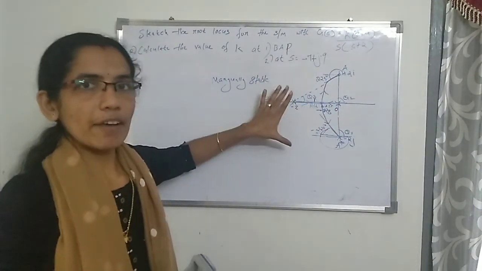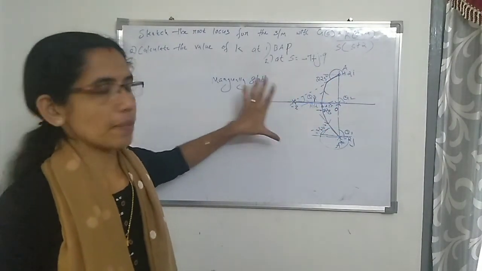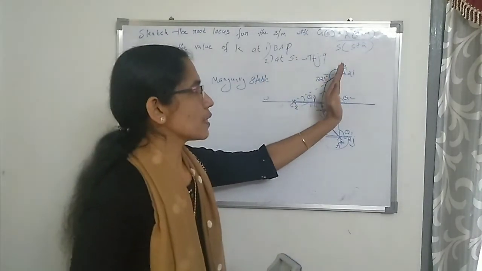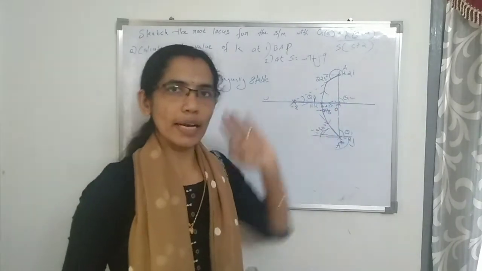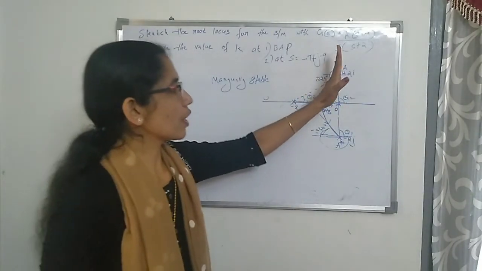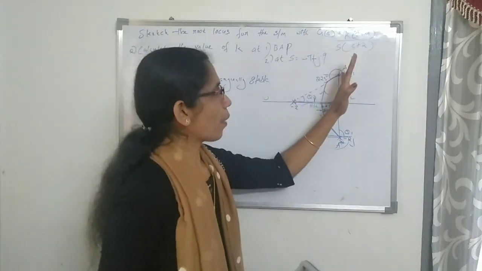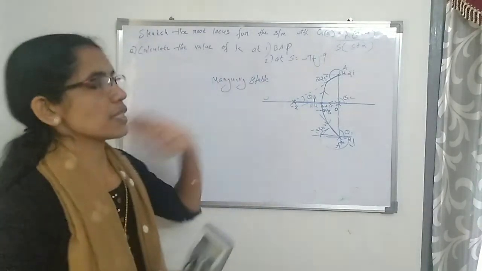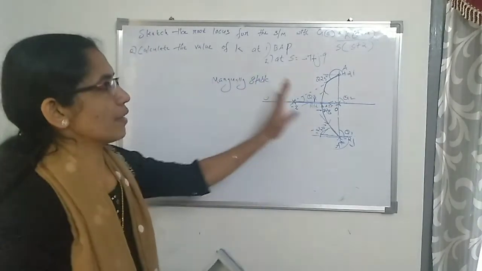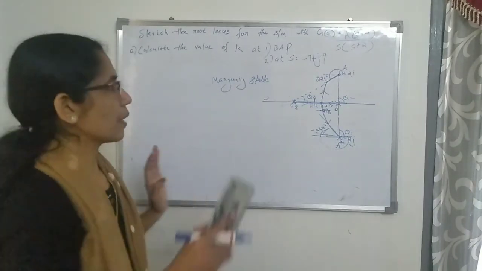If the root locus is completely in the left half of the s plane, the system is stable. If one root locus branch crosses into the right half plane, the system is unstable. If it reaches a point on the imaginary axis and stops there, the system is marginally stable. This system is marginally stable. Okay, so